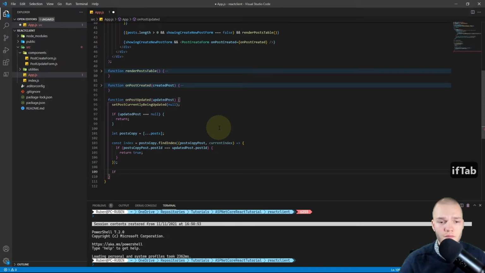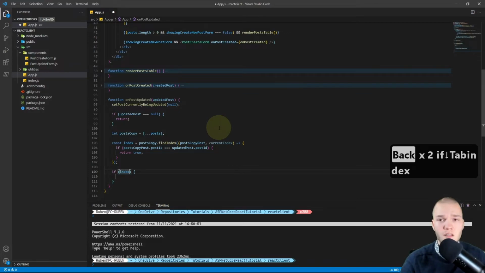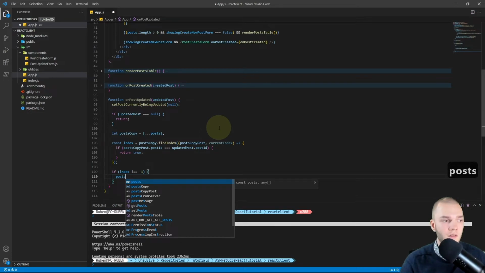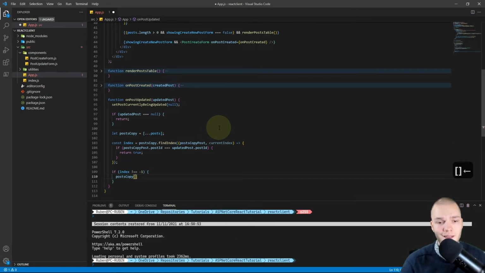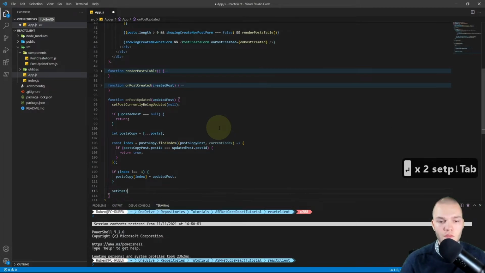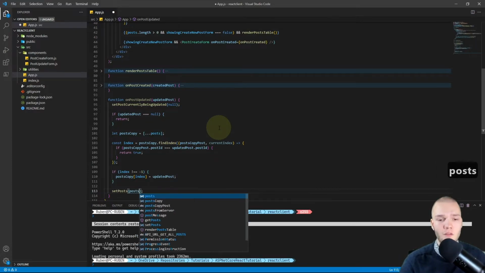Then I want to check if that index isn't, so exclamation equals, so is not -1, then I want to set the postsCopy at the index of our index to updatedPost, right? And then I want to do setPosts, so update the posts array state and pass in our postsCopy.